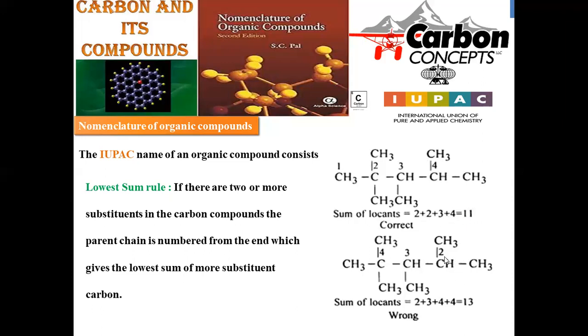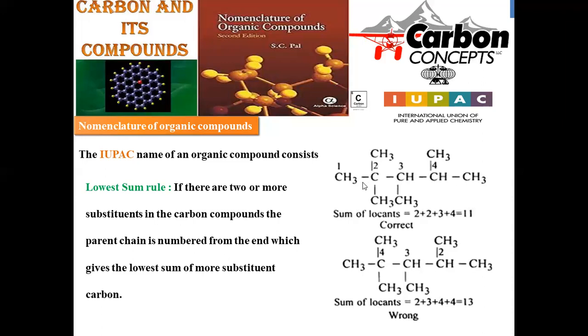If you start numbering from the right hand side, second position methyl 2, third position methyl 3, fourth position 2-methyl, so plus 4 plus 4. So the sum of all these substituted carbon numbers will become 13. Among 11 and 13, obviously 11 is the lowest. So this is the right order of numbering rather than the second. Numbering should be started from the left hand side in accordance with the lowest sum rule. Lowest sum means wherever substitutions are there, all those carbon numbers get summed up. So the least sum will be preferable for numbering here, so numbering will be started from the left hand. Here we got the right order of substitution.